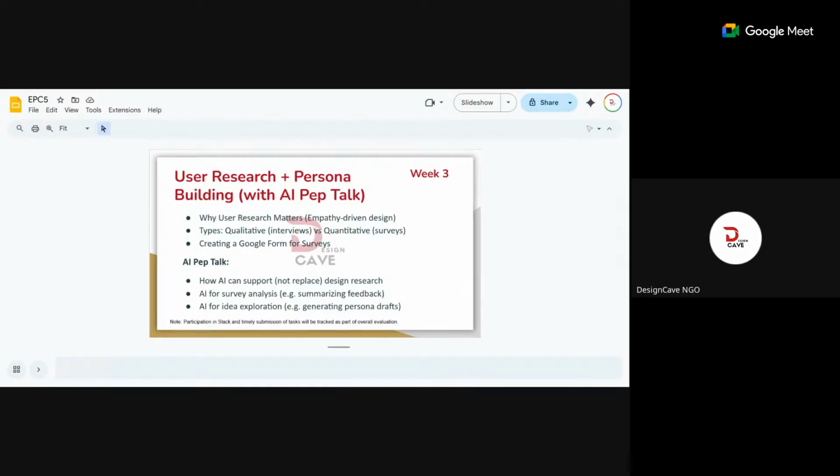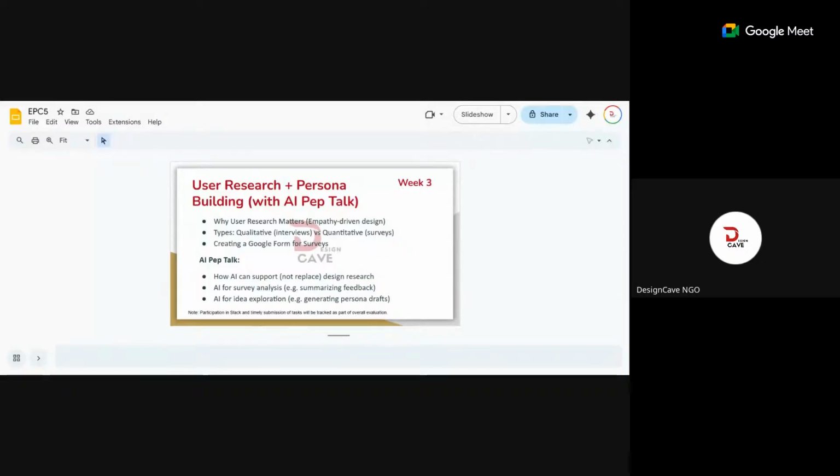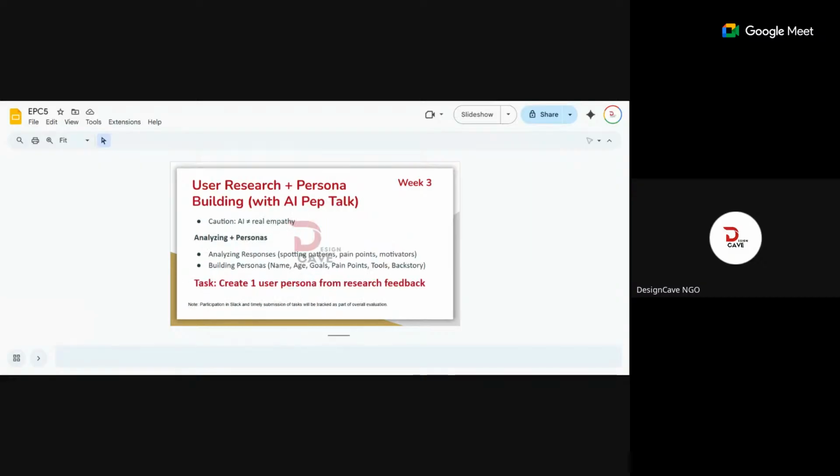So this week, we've been talking about user research and persona building, where I spoke at length about why user research matters. I discussed the types of user research. I took us through how to create a Google form. Then I started the AI pep talk on how AI can support design research, how you can use it in creating a Google form, how it saves time. Then I told us to analyze the responses from our form or our survey.